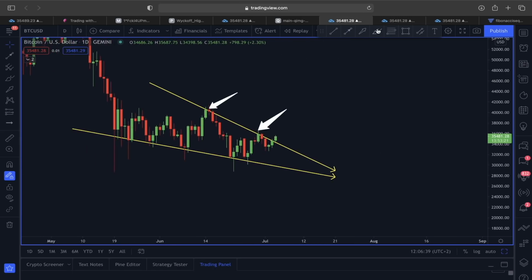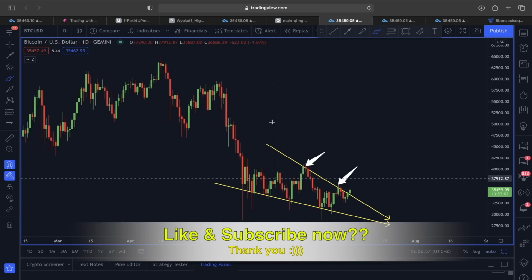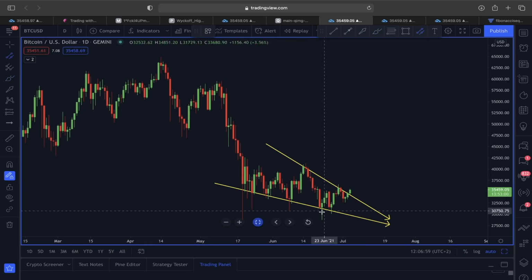So in case there is any sort of a pullback, we have to be aware that the line which previously acted as a resistance could now be acting as a support, and the trend here is going to continue in an upward direction, because no matter whichever way you look at this price movement, guys, you can see this is still pointing out that we could be